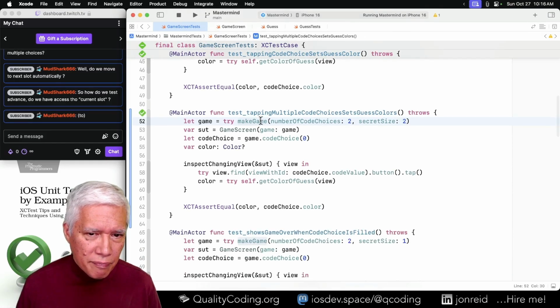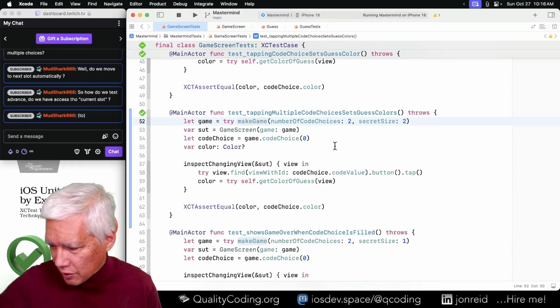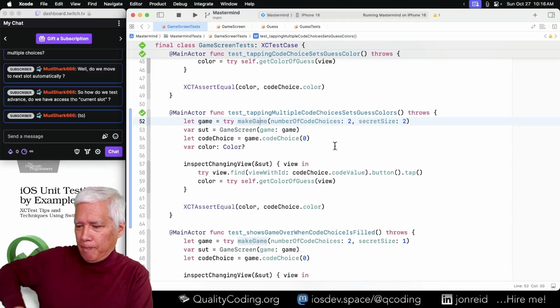Oh, here we do have make game instead of make SUT. Let me go back and change that. Actually, I'm just going to note that down here.